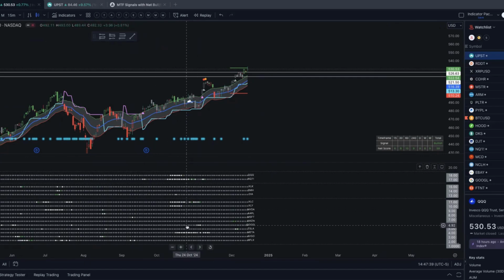So you're fully aware. And all of it is based on alerts. So you don't have to be on the charts. You can just set the alerts and go about your day. And then it will ping your phone when an opportunity shows up. So I hope this helps. What I'll show you is I'll pull up